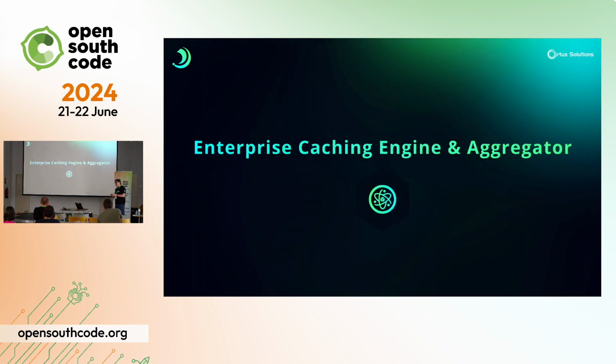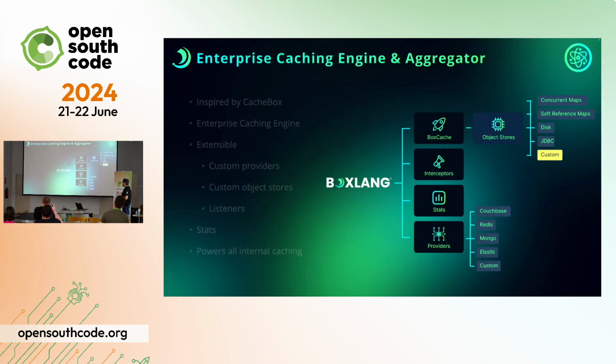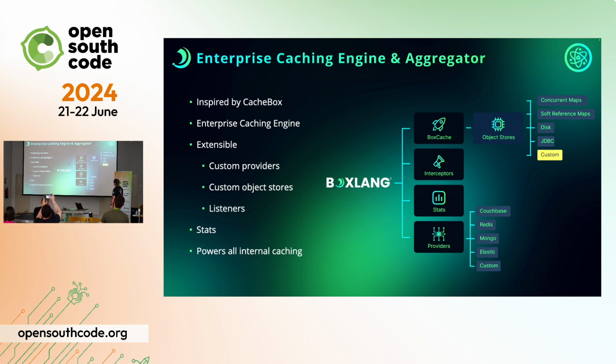To start off, the enterprise caching engine we built almost 10 years ago, and we migrated it now to BoxLang. It allows you to basically have an enterprise cache available to you that is extensible. You can have different providers, so you can connect it to other cache engines if you wanted to, or use ours. Your code will always look like BoxLang code, but it can talk to many different providers without you changing a single line of code.